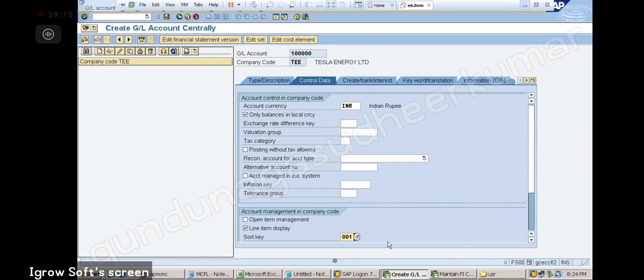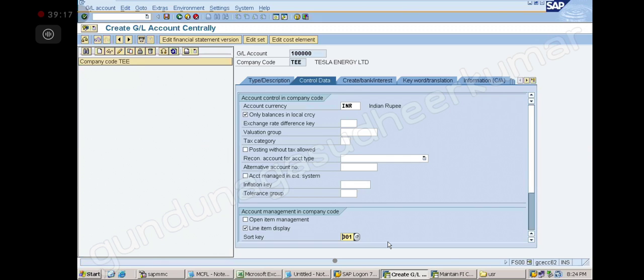In this screen, what is it that I am saying? I am saying that this account, the share capital 1 lakh account, I am going to maintain in rupees. So show me the balance in rupees only, and along with the balance, show me the transactions also, and those transactions show me date wise. Is it clear? Yes. So this much I said.